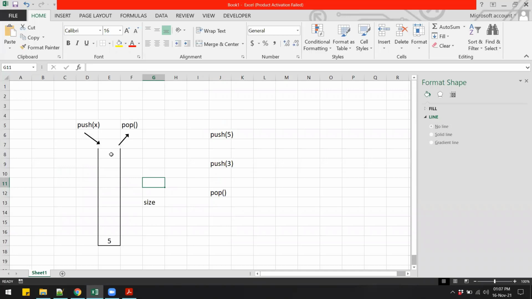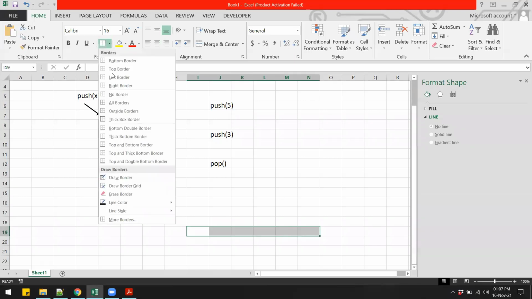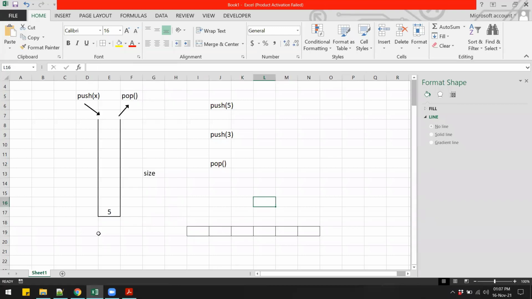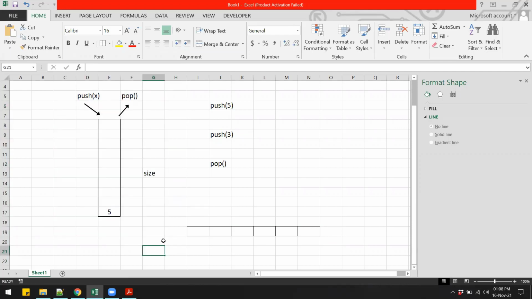Now you will see that this structure is vertical, and there are these blocks in here. If I just move it sideways and make it like this, then this is going to look like an array. So behind the scenes in this lab, we are still using an array to implement the stack data structure, but the way that we implement it describes the behavior of the stack. You can also use a linked list to implement a stack.